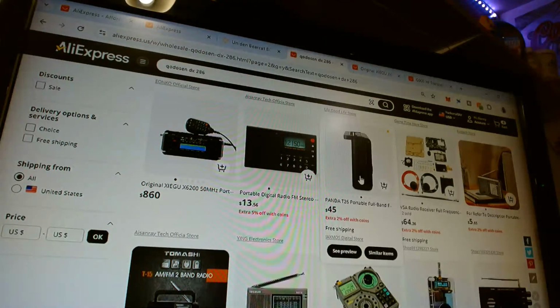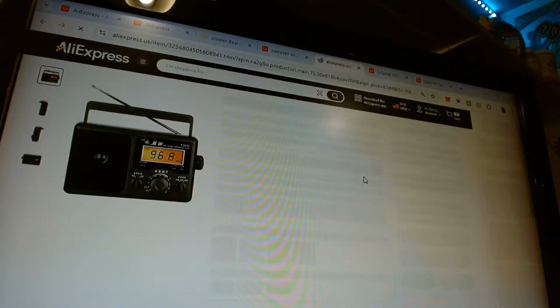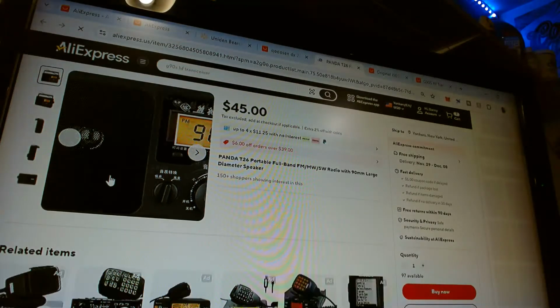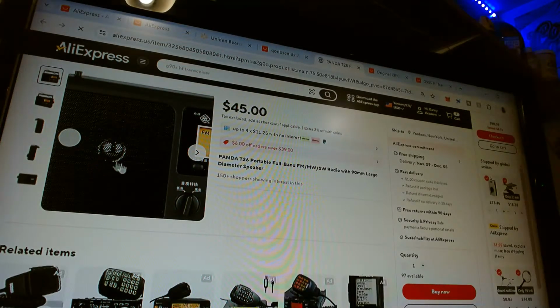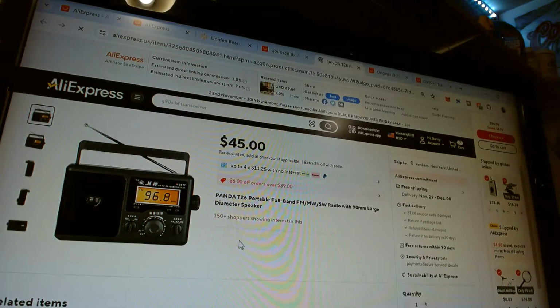This radio, forget it. This radio is not worth the price on this one. Of course, it's a rebranded Gradio. This looks like the Gradio that I reviewed, rebranded Panda. Avoid this radio. They sent it to me for review and I have it in the boiler room, on one station.